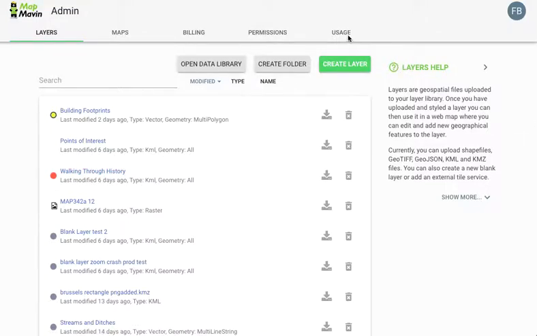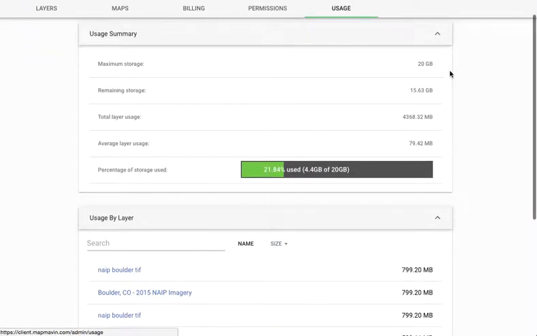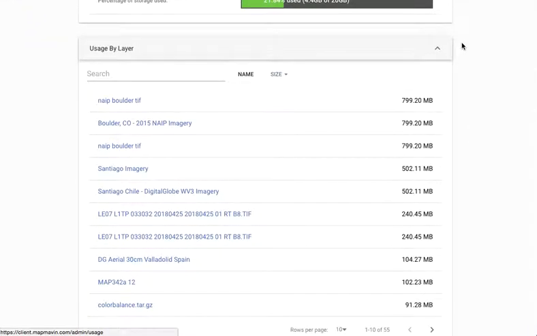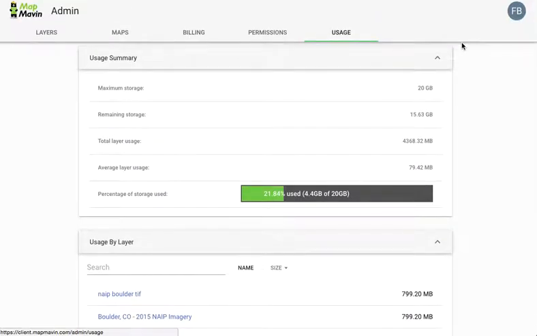We've got that right up here. You might have noticed it, and while that might not seem like the most enthralling part of the system, I think we've actually built a pretty cool way of managing what can sometimes be a daunting number of files. So we're going to take a look here. You'll see pretty standard stuff at the top, including max storage, remaining, etc., and the percentage shown in this bar